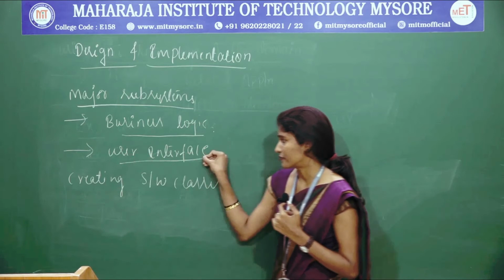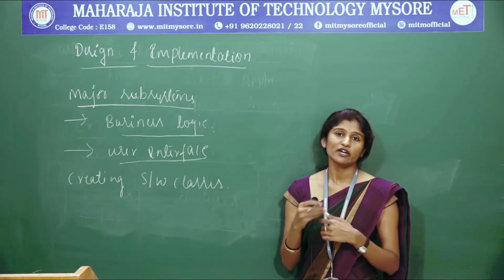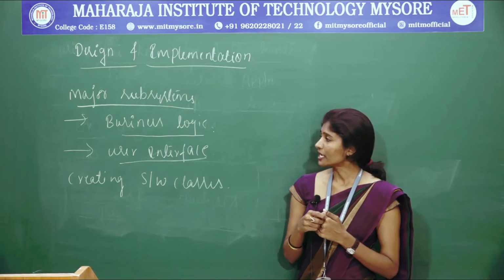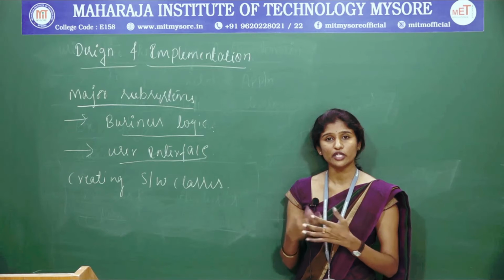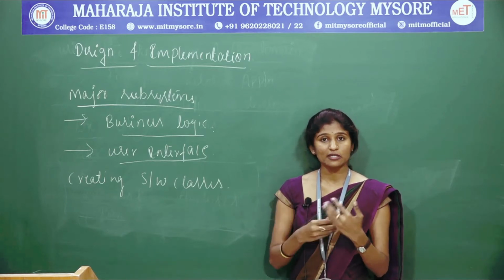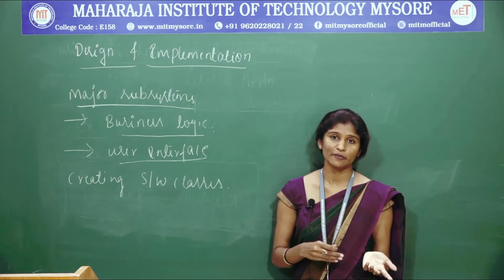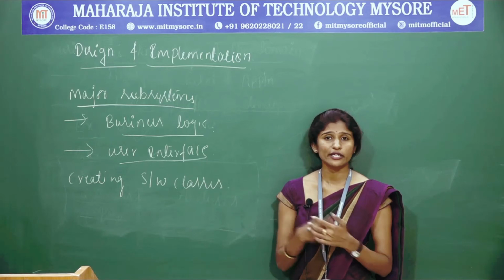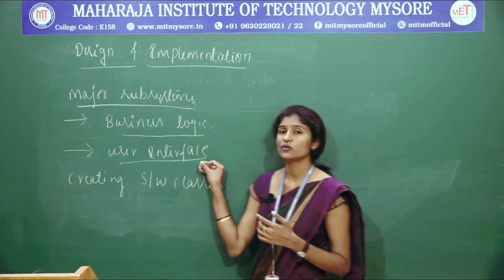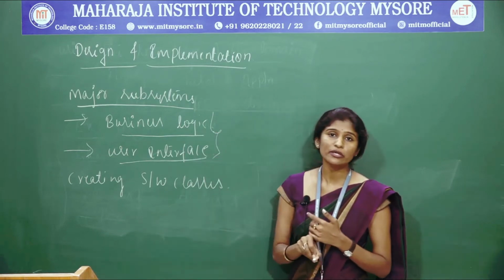And then the user interface. After going through the requirements and the refining of those requirements, I need to analyze the user interface: how to provide the interface for the users so that it is attractive and efficient with respect to the user and the system, meaning the performance of that particular software. I need to consider all this while designing the user interfaces. These are the two major subsystems I am going to consider.